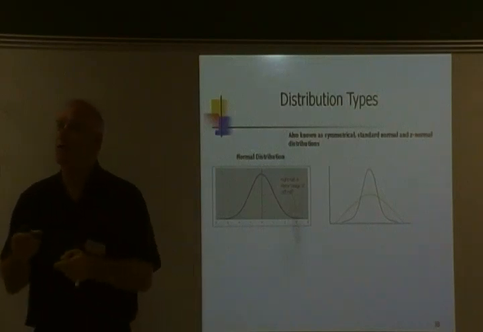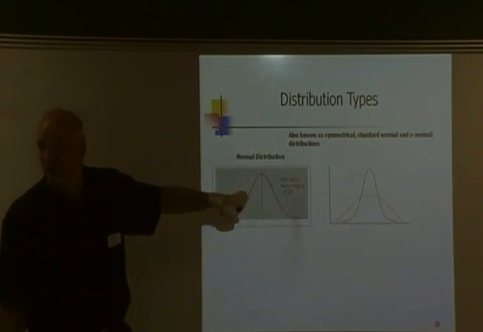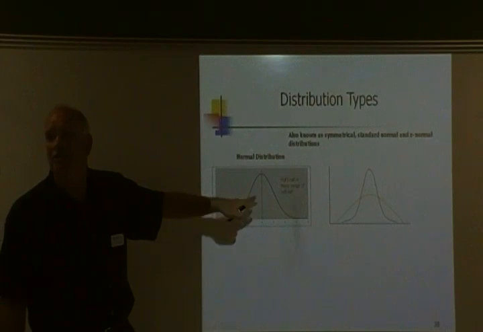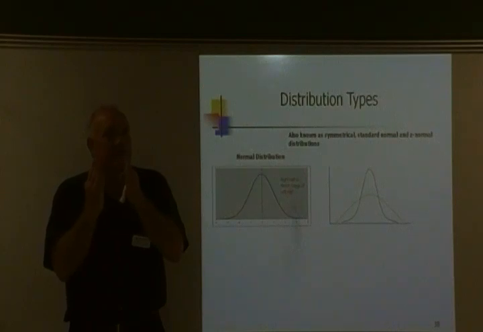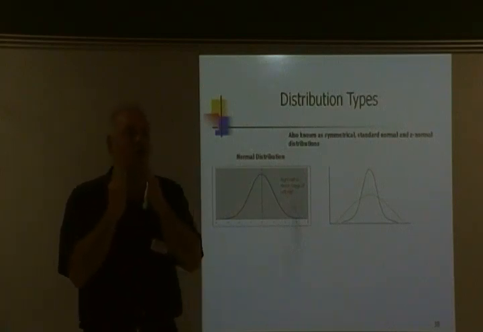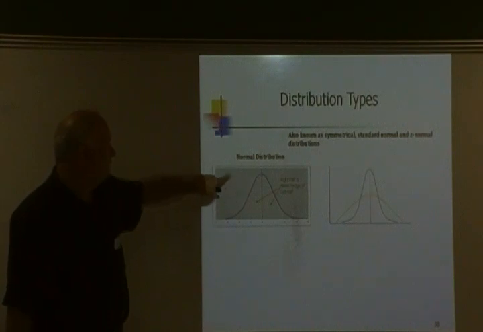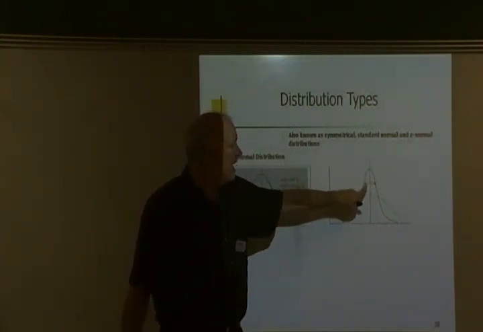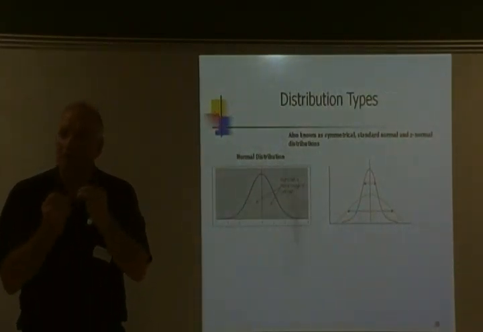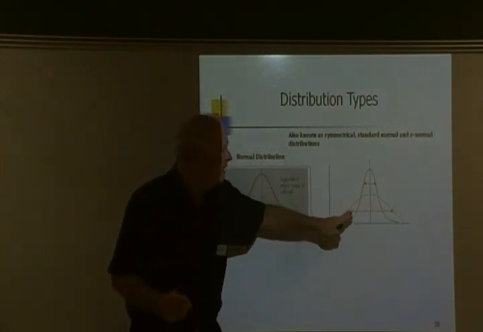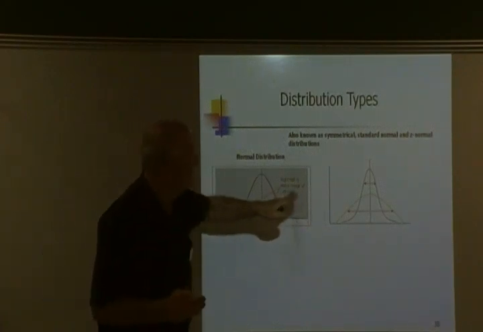But the definition of a normal distribution is if I cut a line down the center and fold it, the right half is going to be the mirror image of the left half. That's the definition of normal. So if I'm off just by a little bit, then albeit it's not skewed a whole lot, it's not going to be the mirror image of that. And so we start looking at this one and then draw a line down these, you see that they're still normal distributions, although the shape is different. So the measures of central tendency determine the normality of the distribution, but the measures of variability determine its look,